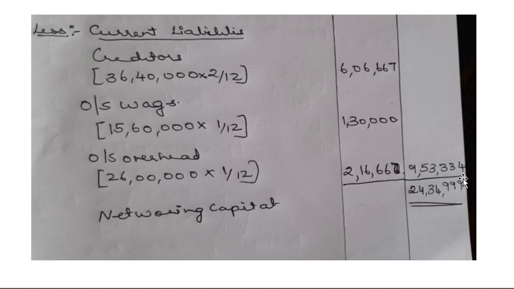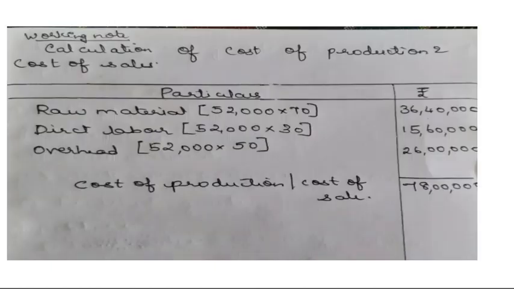See in this problem you have work in progress, you have the debtors. Debtors in the case 3/4 is credit, 1/4 is cash, means remaining 3/4 is credit. Okay, so here cost of production and cost of sale is the same because there is no selling and distribution expenses in the problem. If there is selling and distribution, we add to the cost of production, we will get cost of sale. As there is no selling and distribution expenses, both are the same.